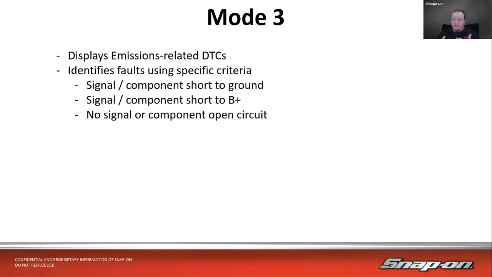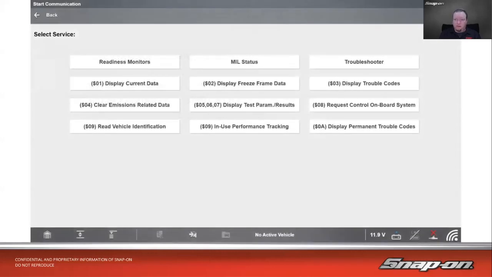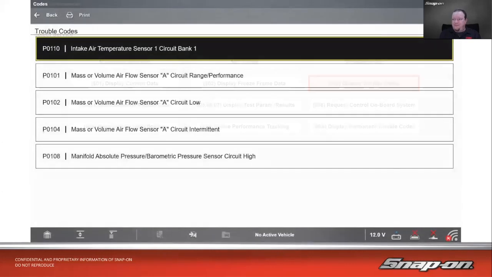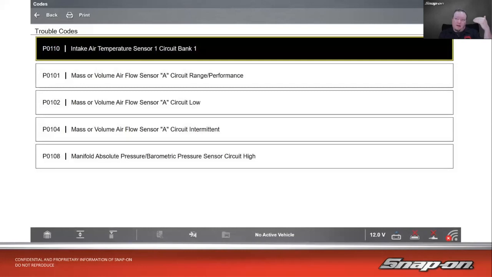Specific criteria such as the signal or component is short to ground, or the signal or component is short to battery, or no signal, or the component has an open circuit. So it'll give us some of those criteria along with the code. We'll pop in there, and you would see we got 1, 2, 3, 4, 5 different trouble codes in this particular vehicle, and it is going to give us just our generic